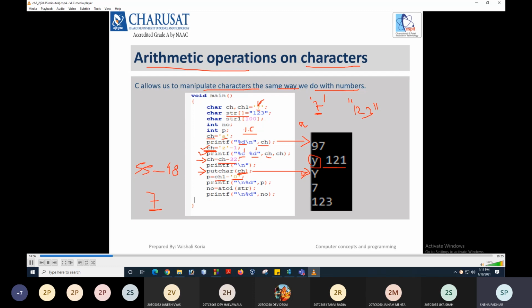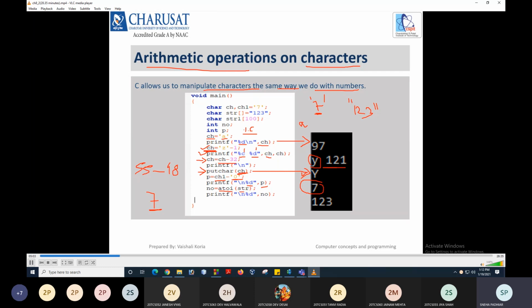When you print this value of p using the %d format specifier, it is an integer. Now in the str array, we have stored the string 1, 2, 3, which is made of character digits. If you want to convert this into a number, you have to use the atoi function.